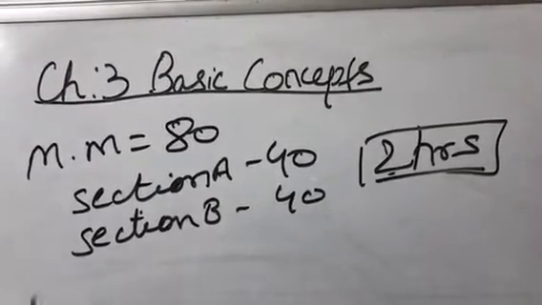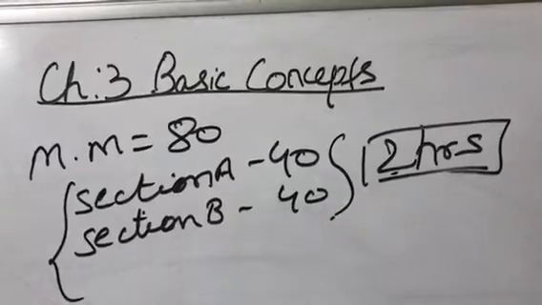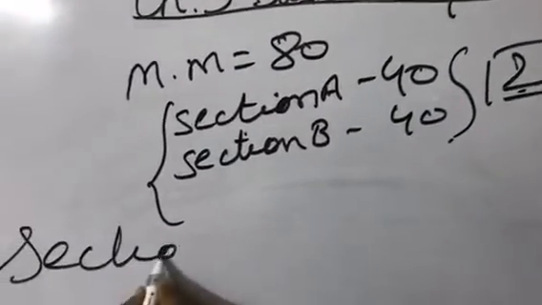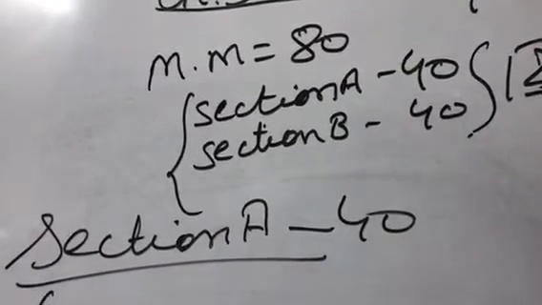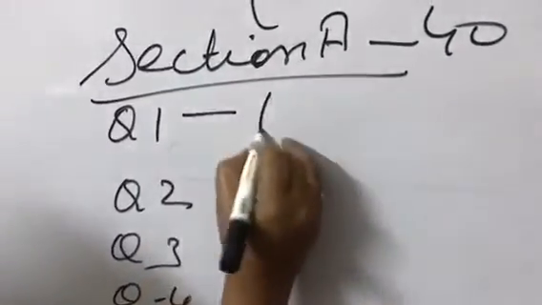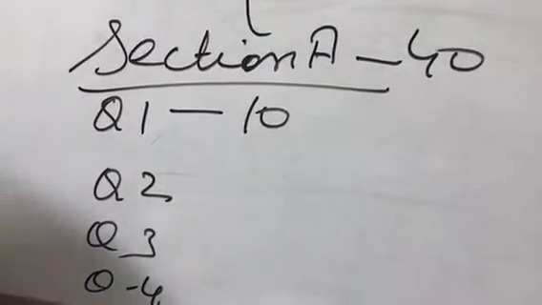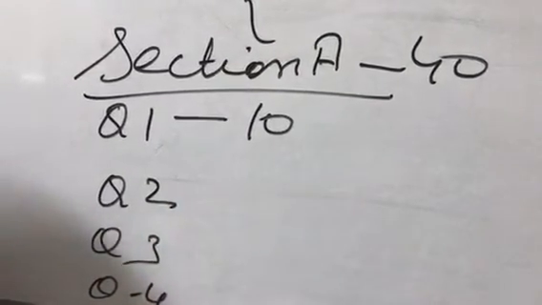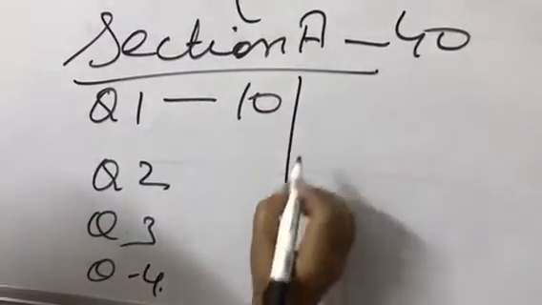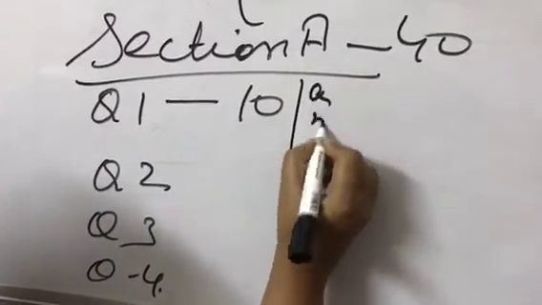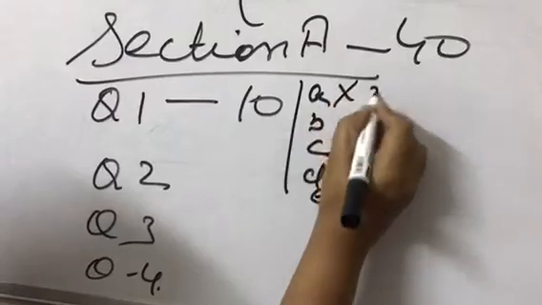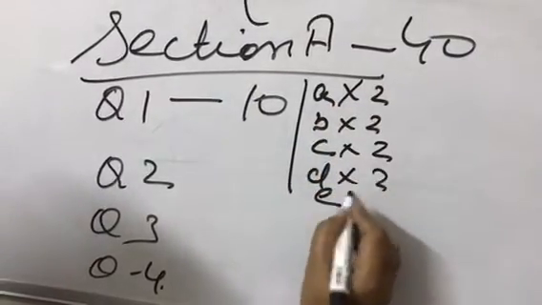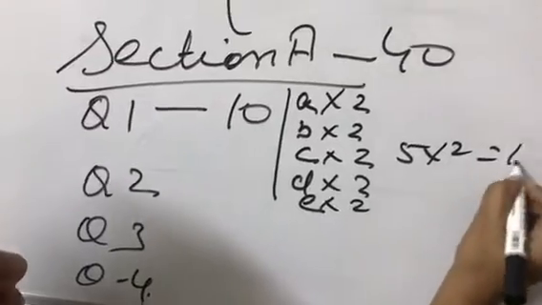Now, which type of questions are we going to have in Section A and Section B? Section A is a compulsory part, no choice. We are going to have 40 marks and there will be 4 questions, question number 1, 2, 3 and 4, and each will be of 10 marks. Each question is divided into 5 short questions. It means I will have A, B, C, D, E, 5 questions for question number 1, and each question will carry a weightage of 2 marks. So 5 into 2, it's going to be 10 marks.